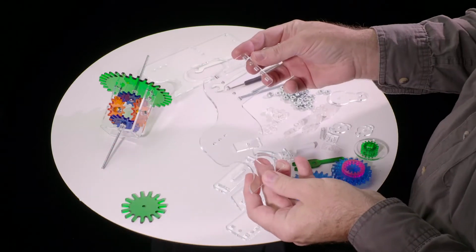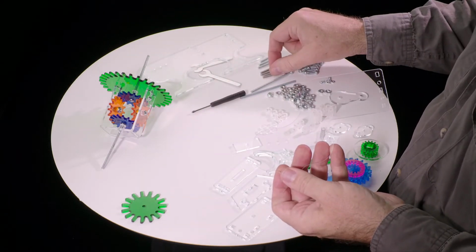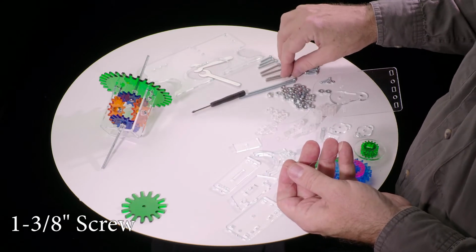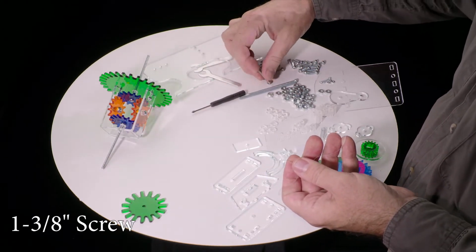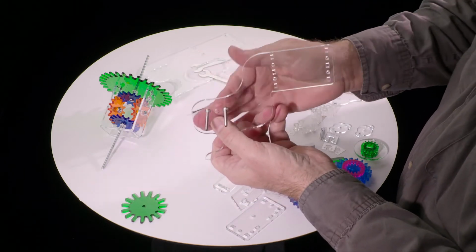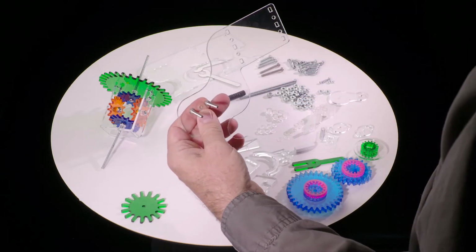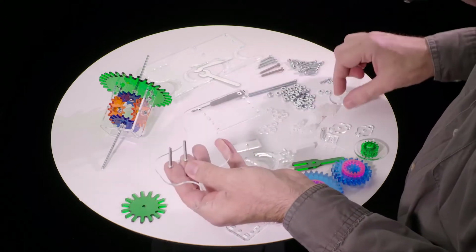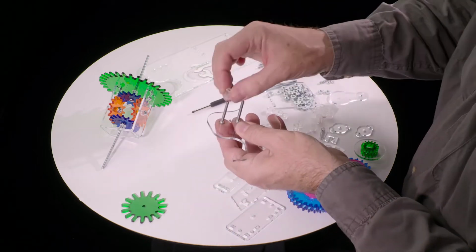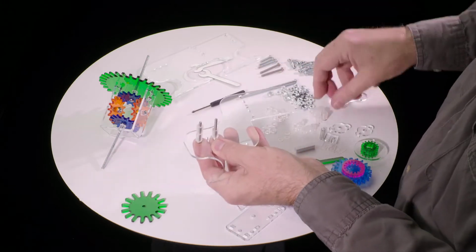So taking this piece, which I think looks kind of like a square-mouthed or square-billed duck or something, it's funny, I don't know. Holding it this way, find the 4 screws that are the second longest, the 4 that are all the same. And we're going to use 2 of those. And with the piece in this orientation, in from the back, sticking out like that. Okay, then we need these 12mm washers, the longest, thickest of the washers. We'll put 2 of them on each of these screws,